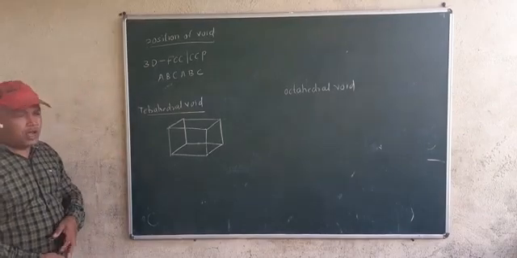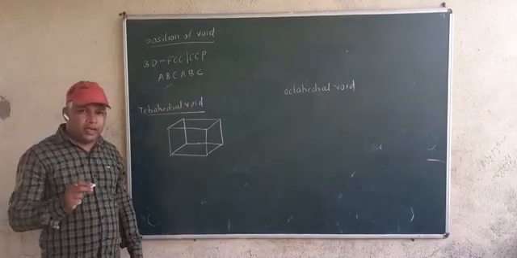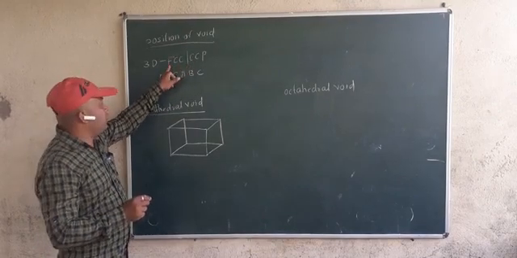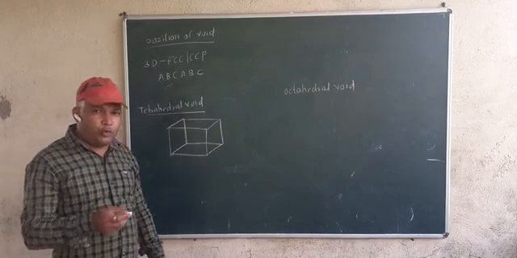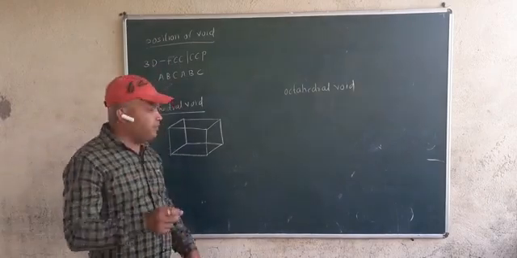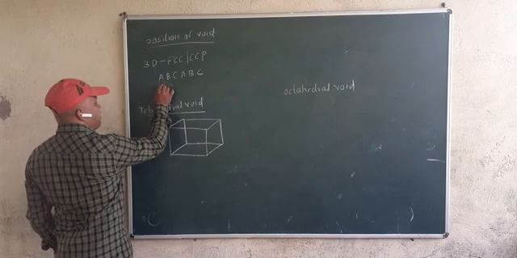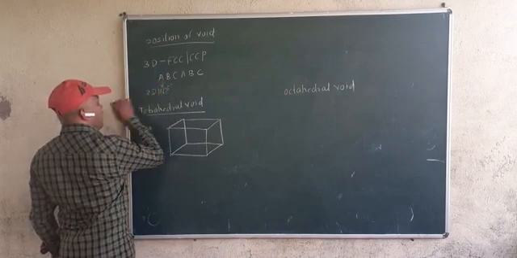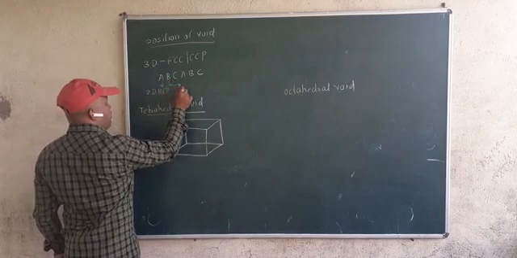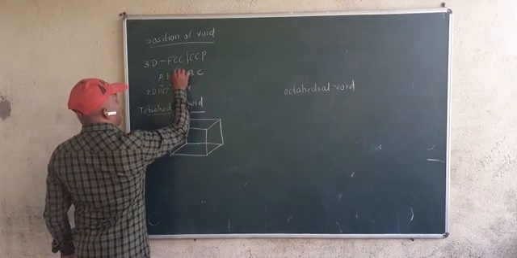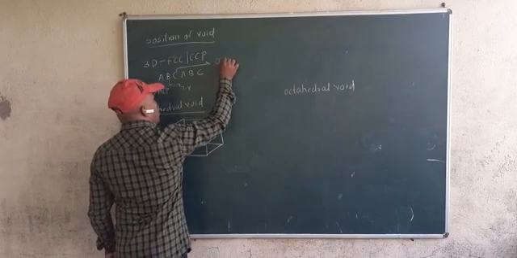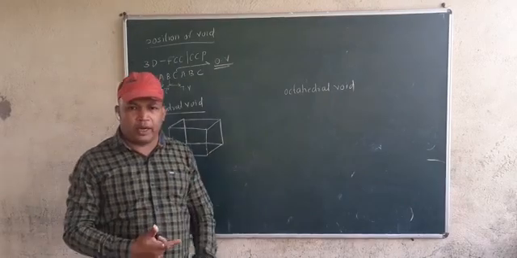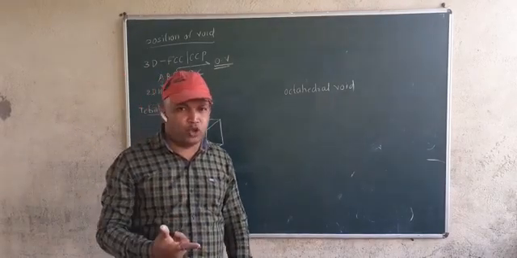Okay students, now again I will repeat what was that 3D FCC or CCP. It is called face centered cubic crystal or cubic close packing. Now what was this A? A was two-dimensional hexagonal close packing. What was this B? B was covering tetrahedral void. What was this C? C was covering octahedral void. But what is this tetrahedral void and octahedral void, and where is its exact position?